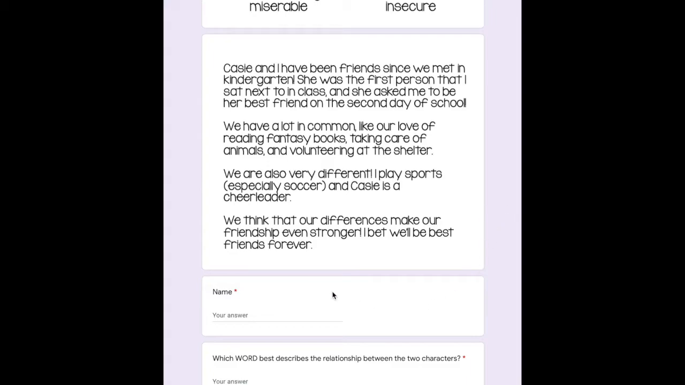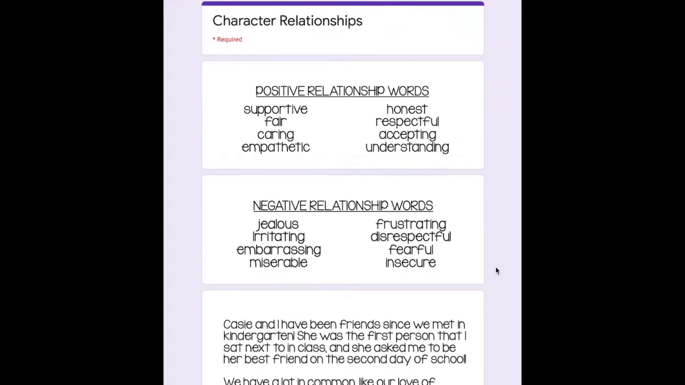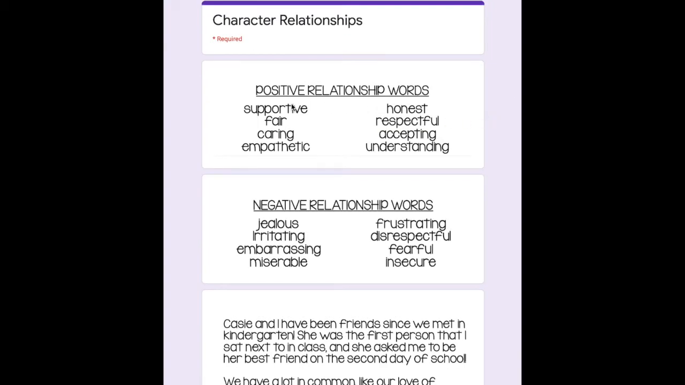So, I know that I put my name, but I also know that I need to put the word that best describes the relationship between the two best friends. So, let's look at our words. We have our positive words and our negative words. So, just by reading, I know that I'm probably going to be able to choose from the positive words section. So, which word do you see here that you think describes their friendship? Now, several words could fit. We have supportive, caring, empathetic, honest, respectful. The word that I'm going to choose is the word